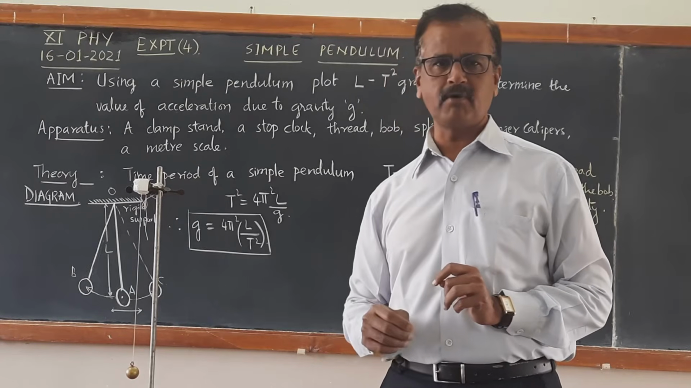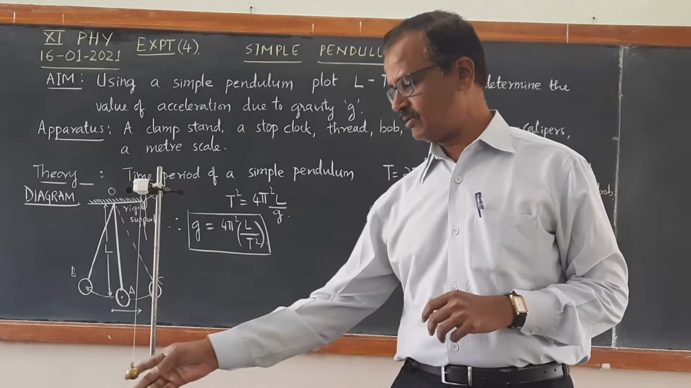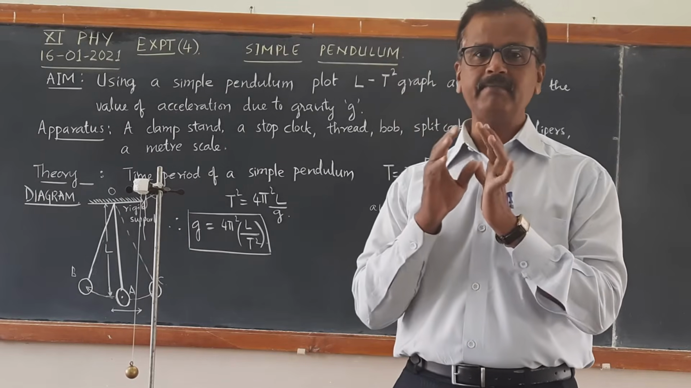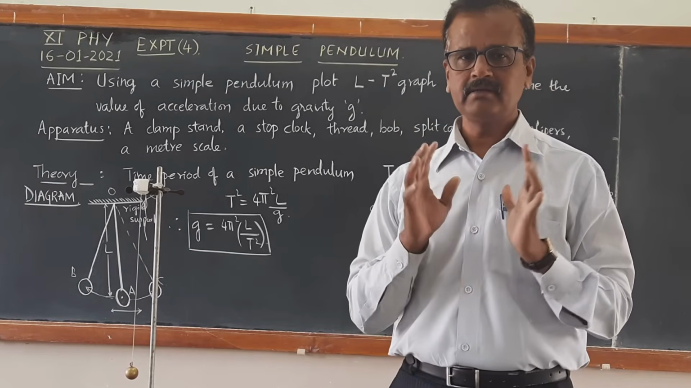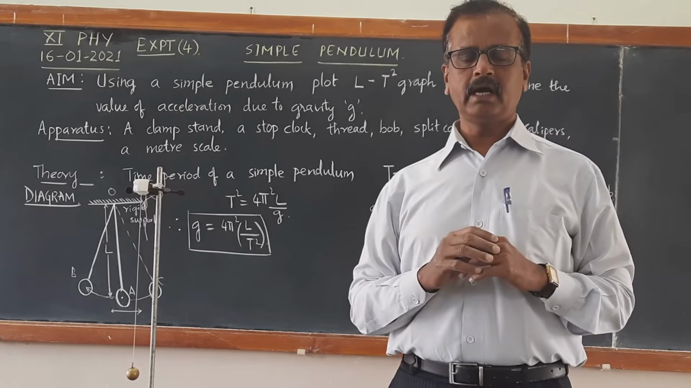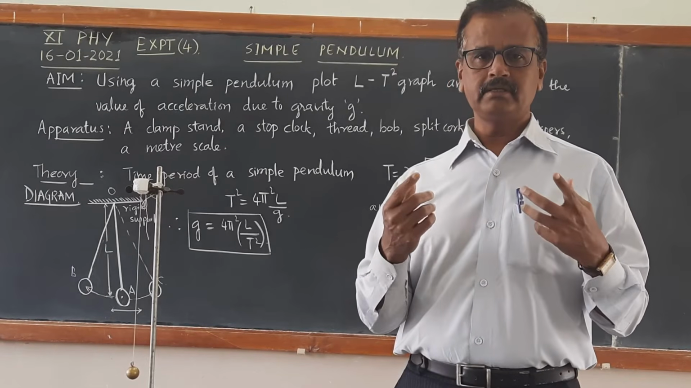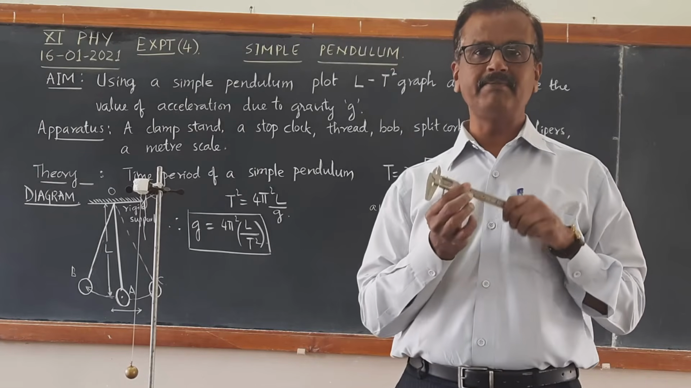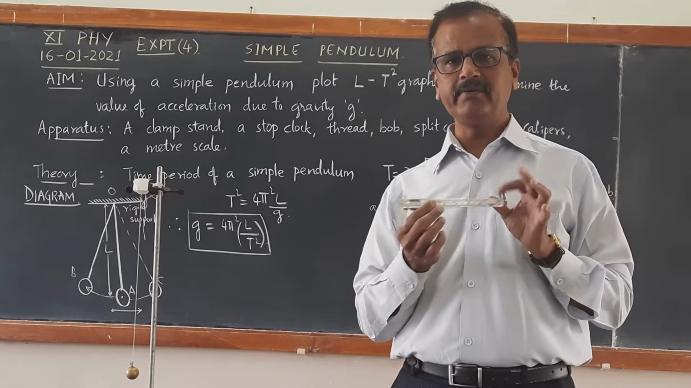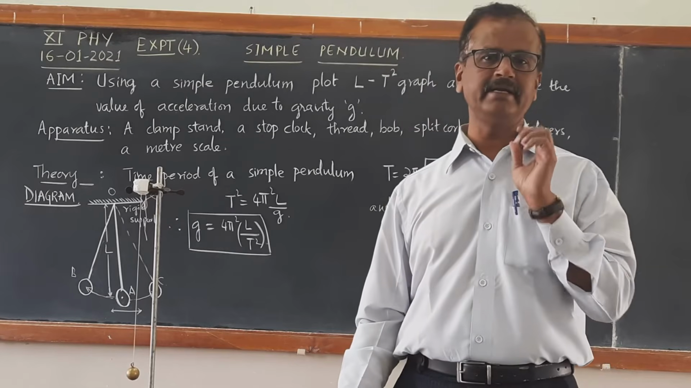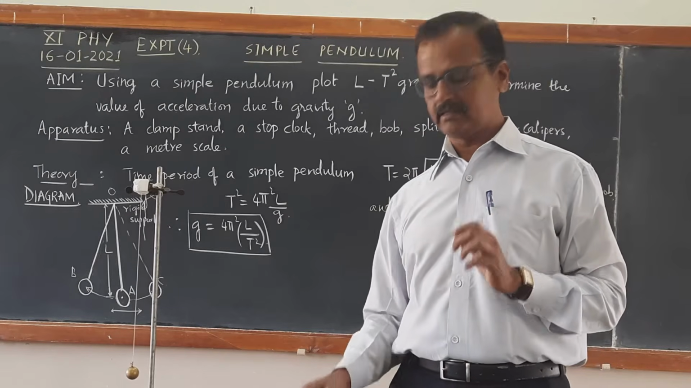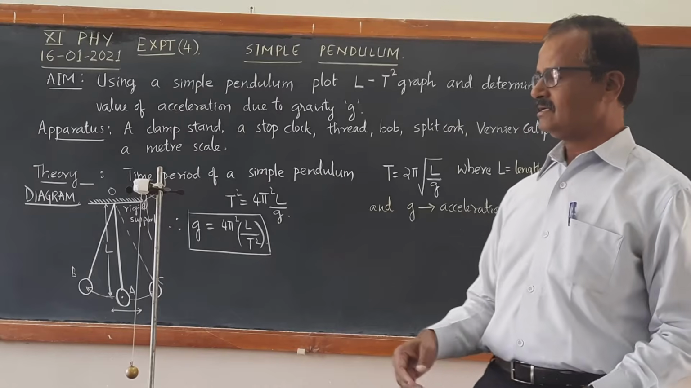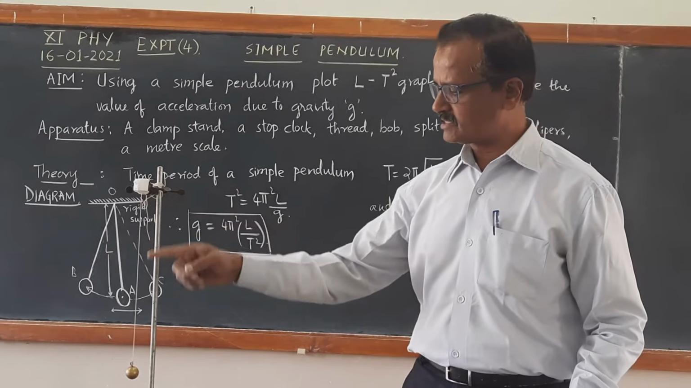To the center of the bob means what? We have to first find out the diameter of this given spherical bob. We find the diameter using the vernier calipers, and then we divide the diameter by 2 to get the radius. And thus we get the total length as the length of the pendulum from the rigid support to the hook,